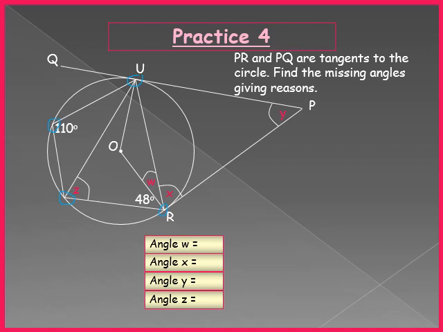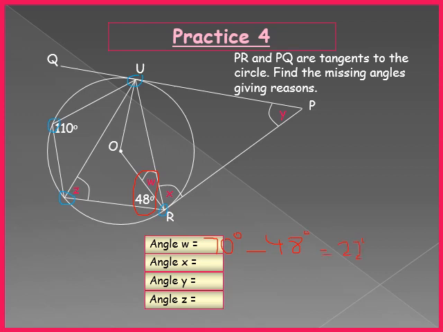Supplement of 110 is W plus 48, this angle. This is 70 degrees as it is the supplement of 110, which makes W 70 degrees minus 48 degrees,